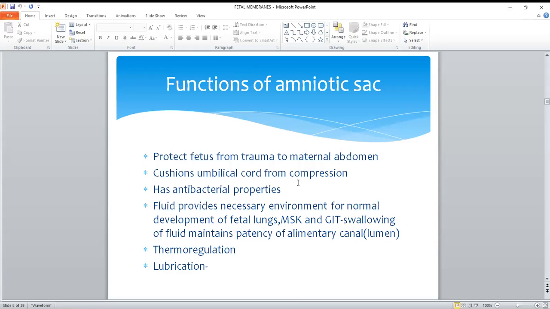So, functions of the amniotic sac. We have these ones you knew from primary and high school. It protects the fetus from trauma to the maternal abdomen. It also cushions the umbilical cord from